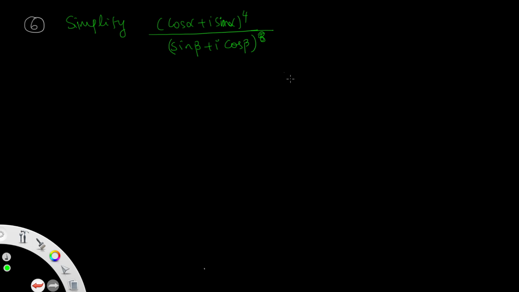So a general formula is there. What is the general formula? As per De Moivre's theorem, (cos alpha plus i sin alpha) whole to the power of n is cos n alpha plus i sin n alpha, where n is a positive integer. In the numerator it is in the form cos alpha plus i sin alpha where n is 4, so we can write it as cos 4 alpha plus i sin 4 alpha. But in the denominator, the i is not associated with the cos.